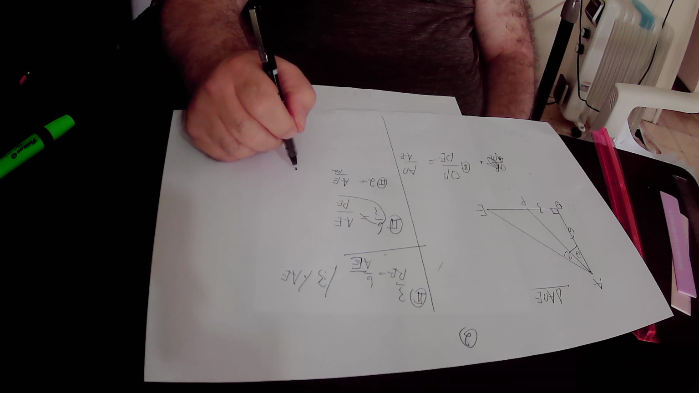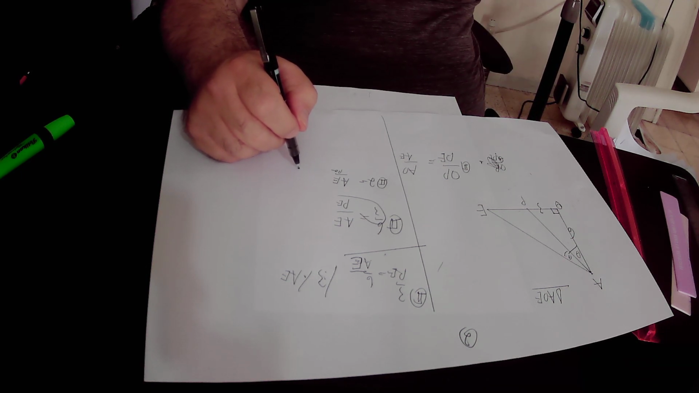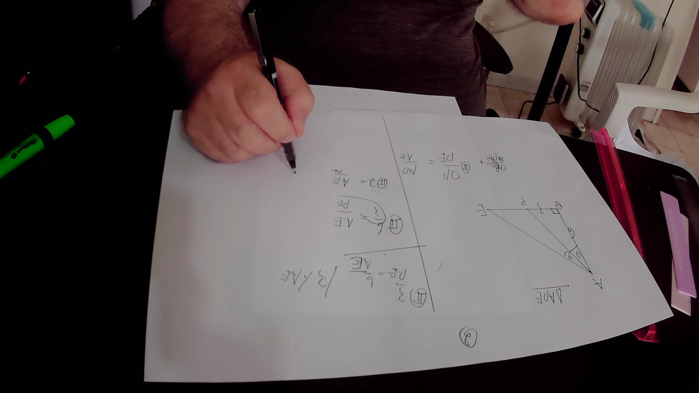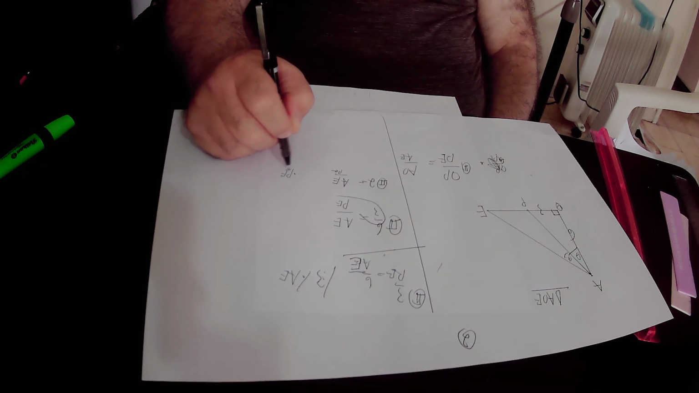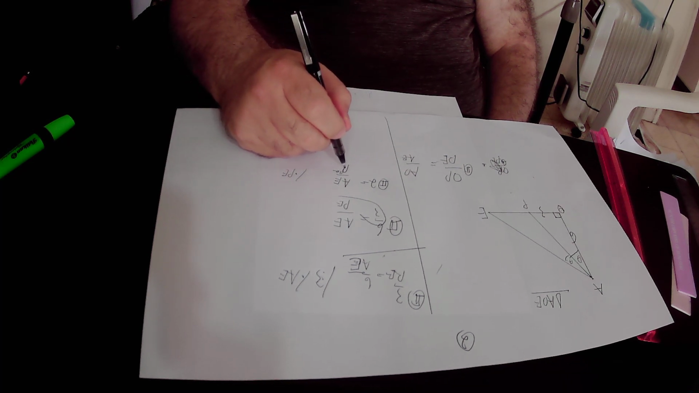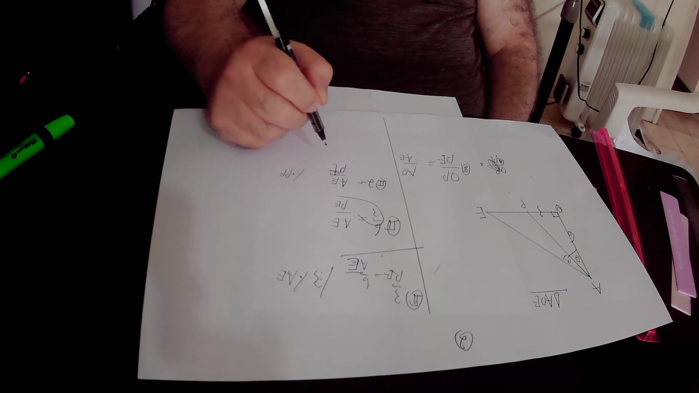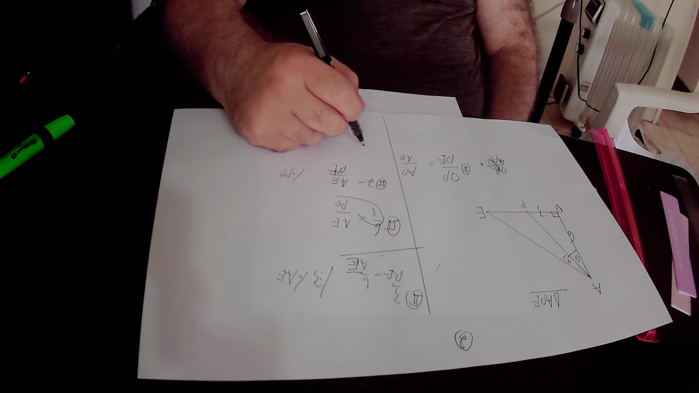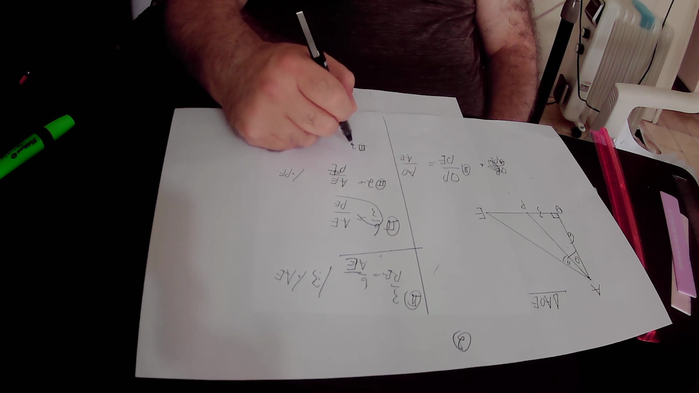Here we multiply this equation number 2 by PE, and we get that according to question number 2, 2 times PE